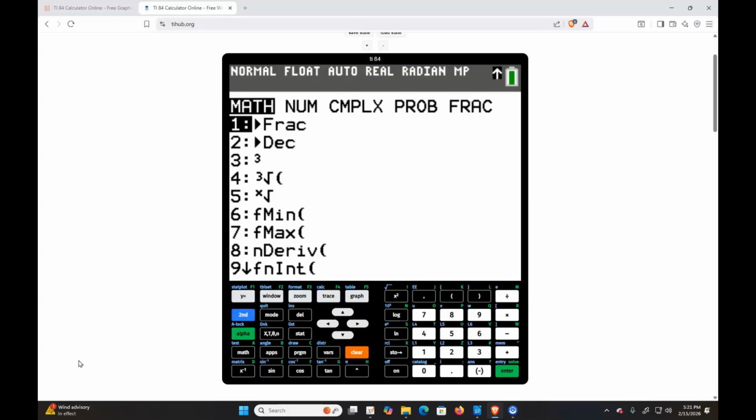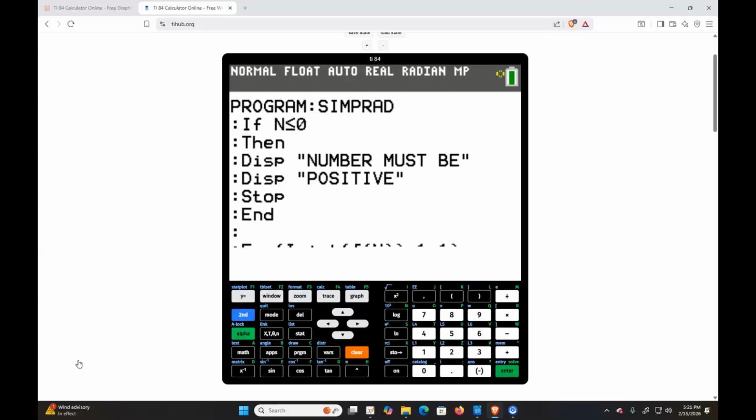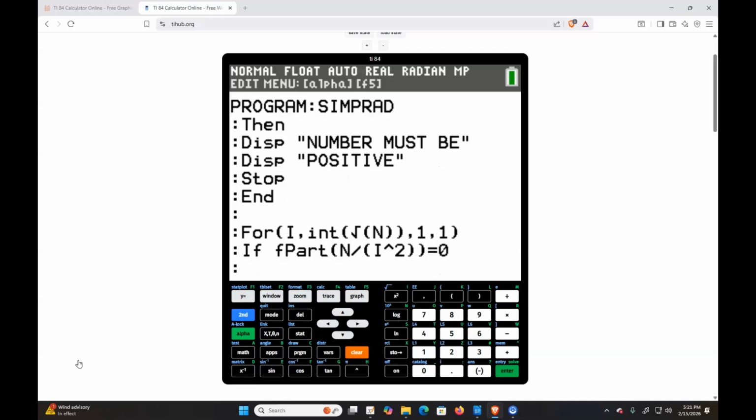So I go second math, equals 0. And press enter. Then